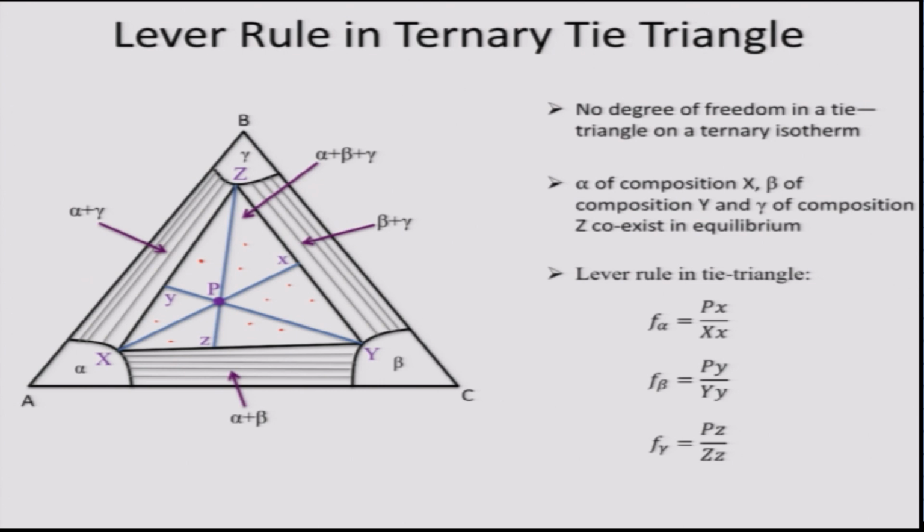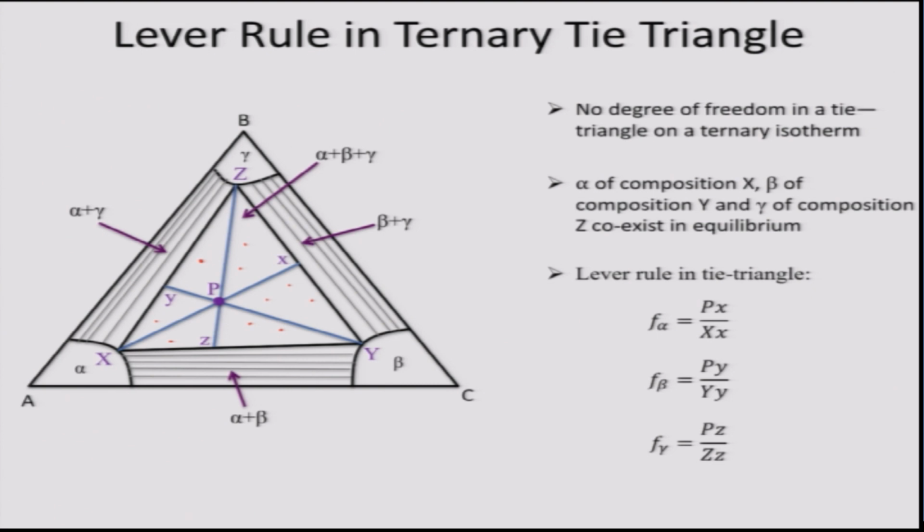So how do we find phase fractions? Again, we can apply the lever rule as applicable to the tie triangle. So if I consider point P here, in order to determine the phase fractions in an alloy with composition P, I have to first draw 3 lines which pass through point P and one of the corners of the tie triangle. So I have drawn the 3 lines passing through P: big X to small x, big Y to small y, and big Z to small z,